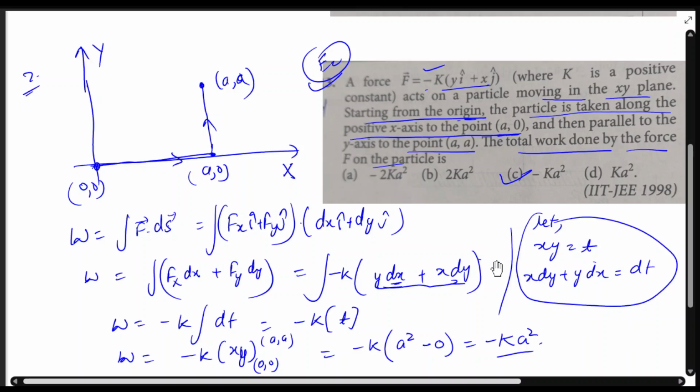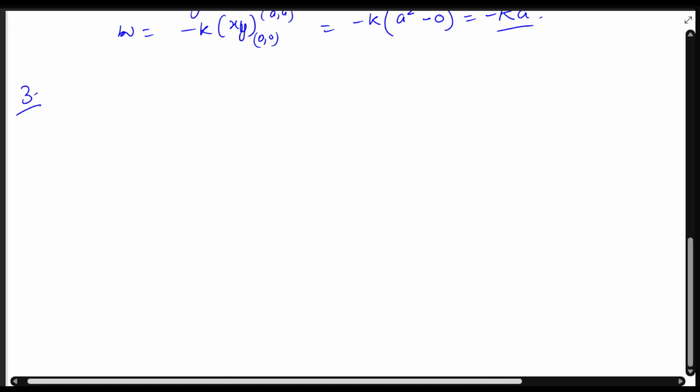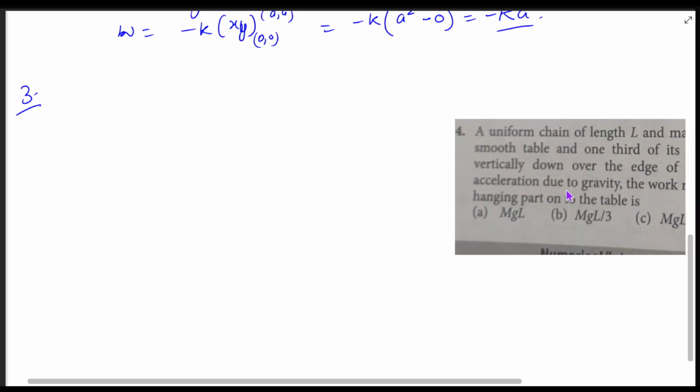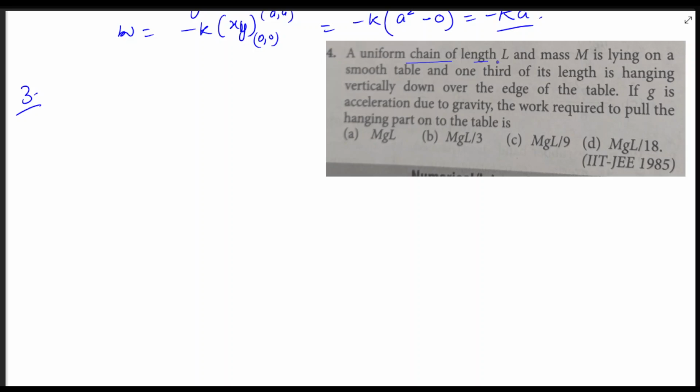So let's move on to our third question. We'll try to finish as soon as possible. Okay, perfect. So this is our third question. A uniform chain of length L, mass M, lying on a smooth table, one third of it hanging vertically downward. If g is acceleration due to gravity, the work required to pull the